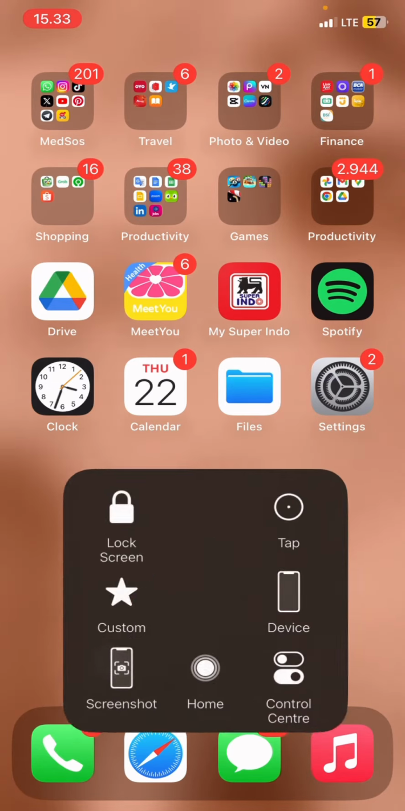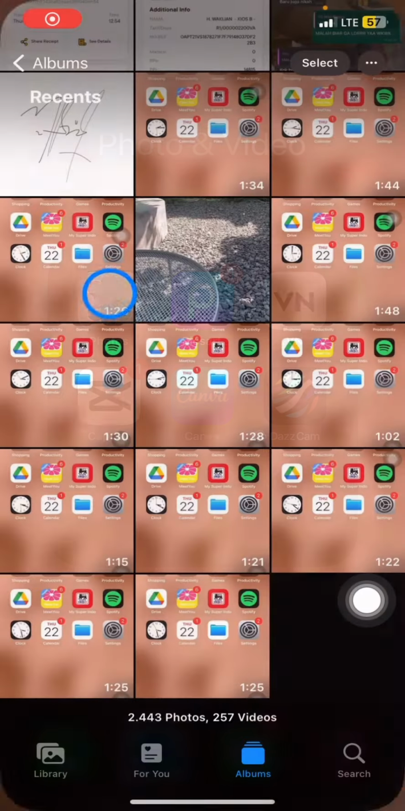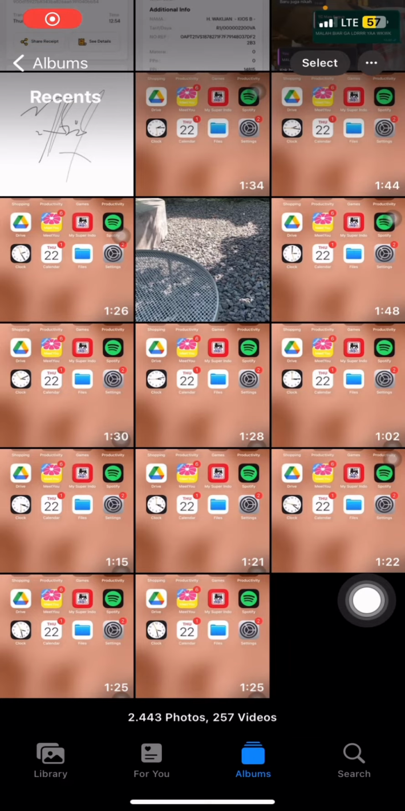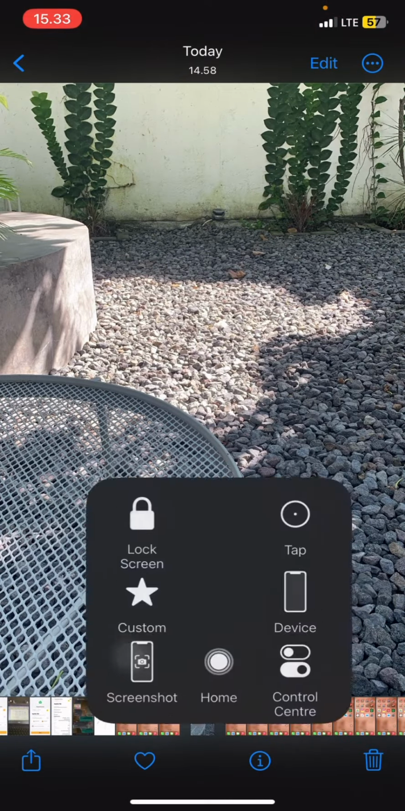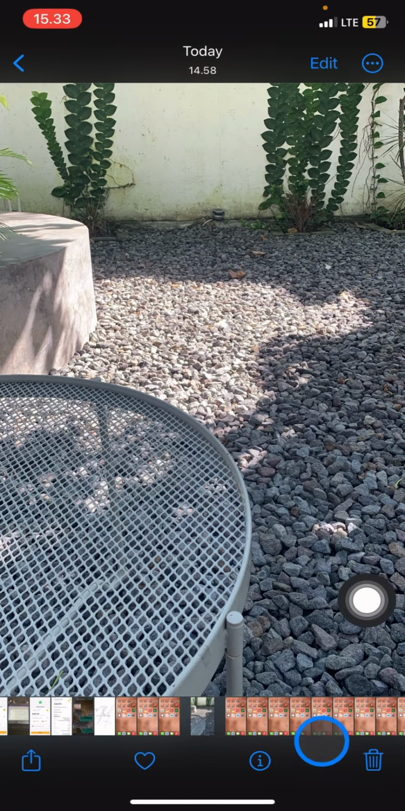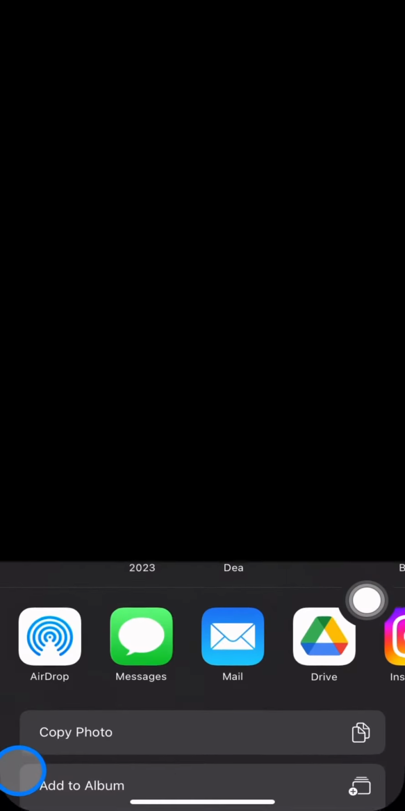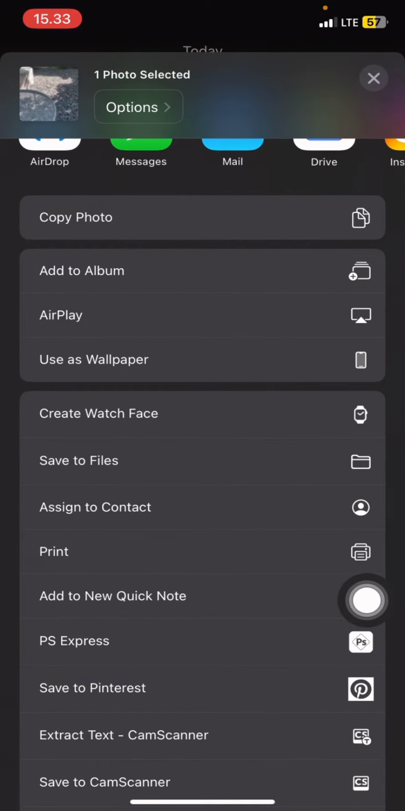So the first thing you have to do is open the photo library, and after that you just need to find the picture that you want to hide. Let's say here I would like to hide this picture. You just need to click and hold the picture until you get these features popping up on your screen. Now you just need to click this, and after that scroll up until you find